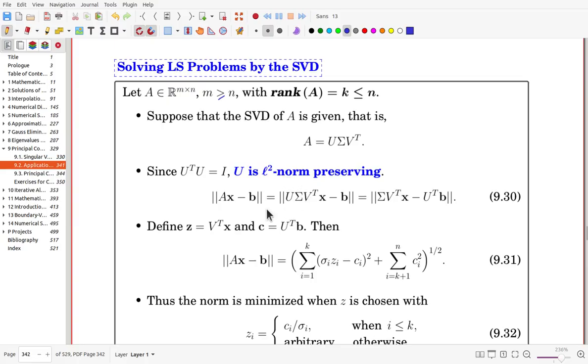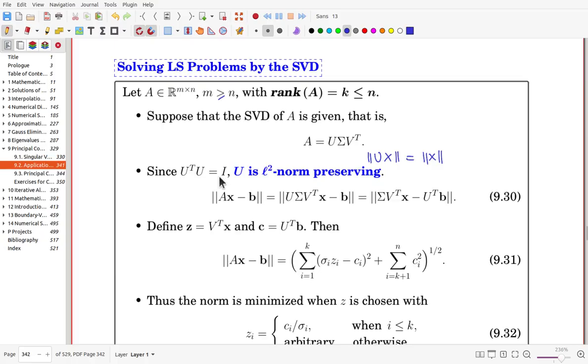That means for the vector Ux, the norm is the same as the norm of x. The transformation through U does not change the norm. In fact, angle preserving and dot product preserving, those properties are